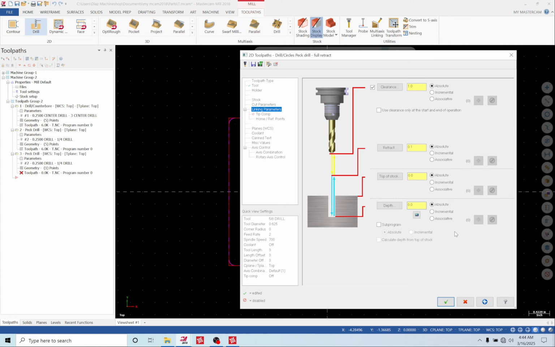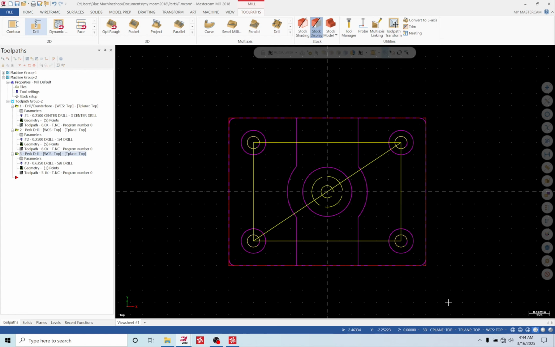We'll do same pecking. Depth, I would like to go a little more just because it's a bigger drill. It tends to have a longer tip. So here we can see that all the holes will be drilled, and now we can go ahead and grab